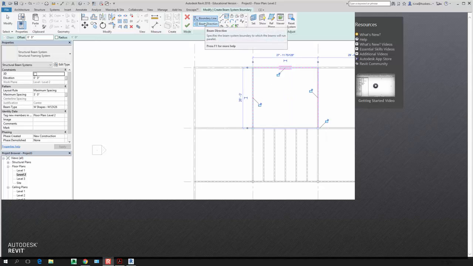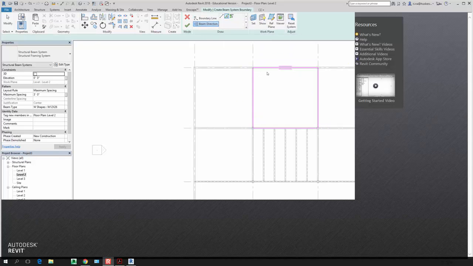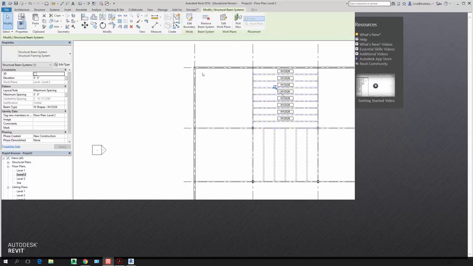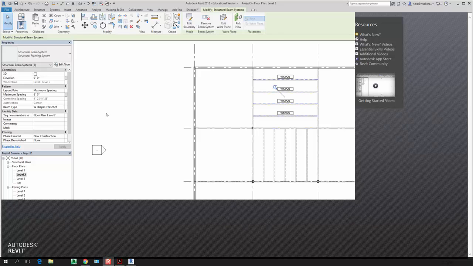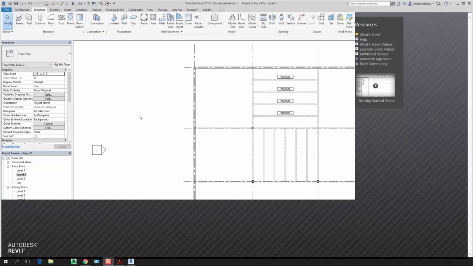Right? And you go to beam direction. You can go either way, that's fine, right? That's good enough. Right, you have those. You can always change this, right? And I said, 3. And if it's too small, you say, okay, I want to change to 6. Change to 6. Right. Okay. So this way,